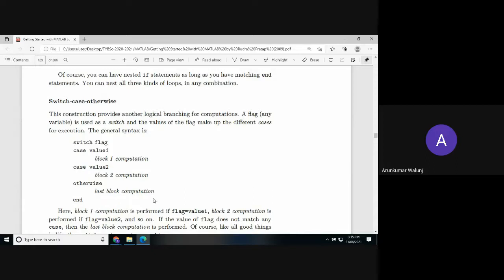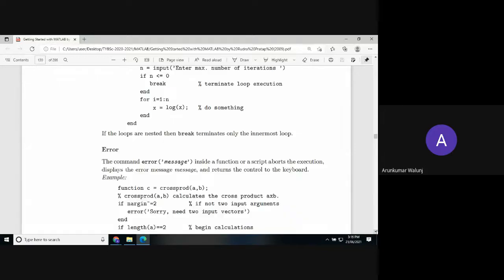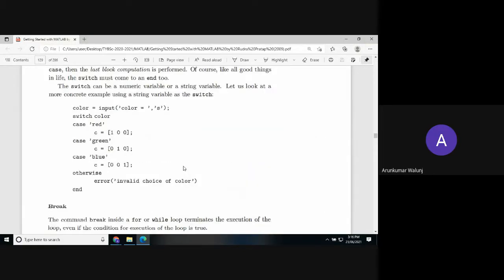Otherwise, by default, the last block or statement will be executed, and then that is the end. So here the flag value may be an expression, it may be true or false, it may be 1 or 0. So depending upon the matching expression or matching the case value, this can be discussed.